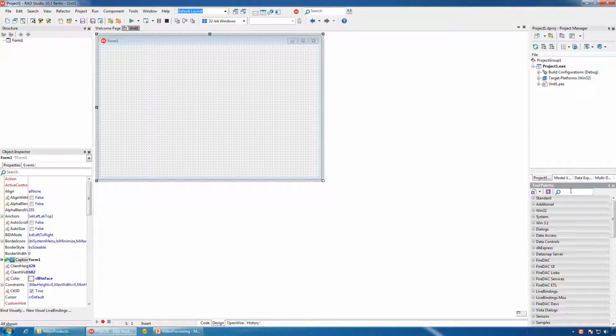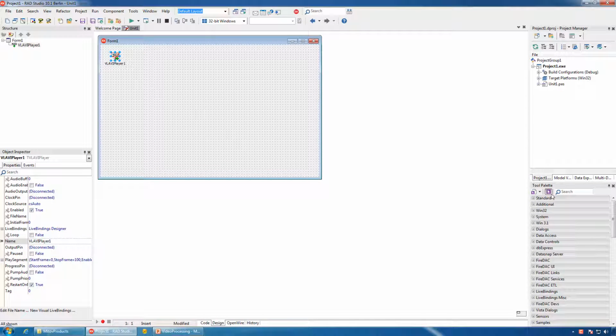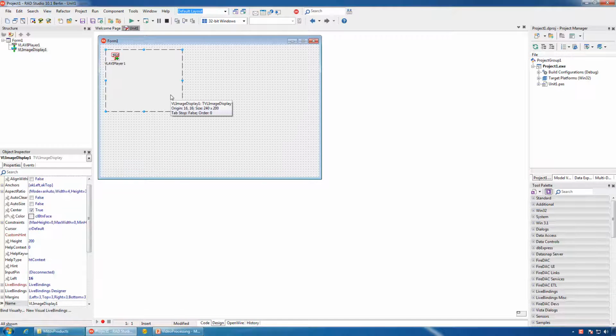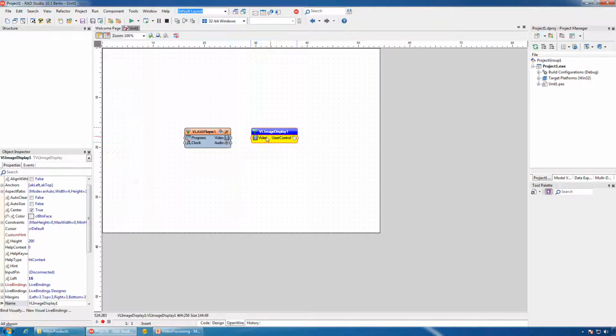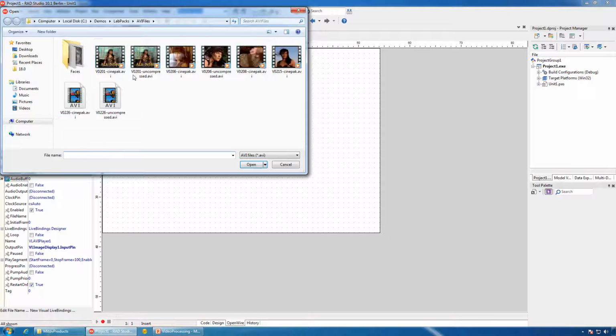We will start with a new VCL application. We will add AVI player to play the video and image display to display it. We will switch to the OpenWire view, connect the video player to the image display, select File to Play,